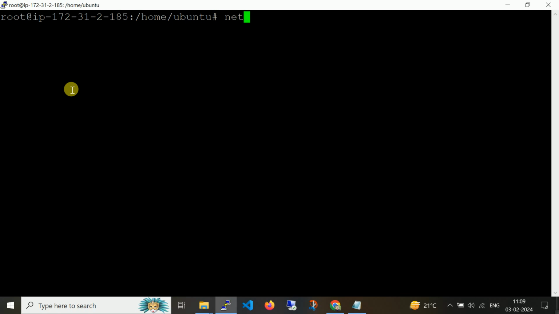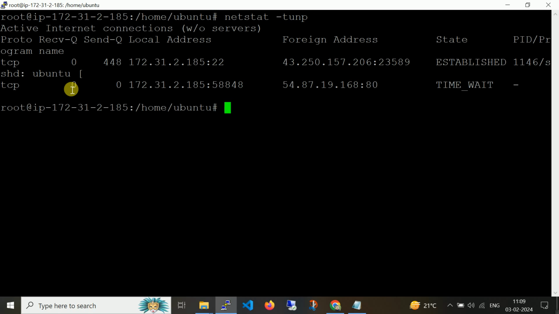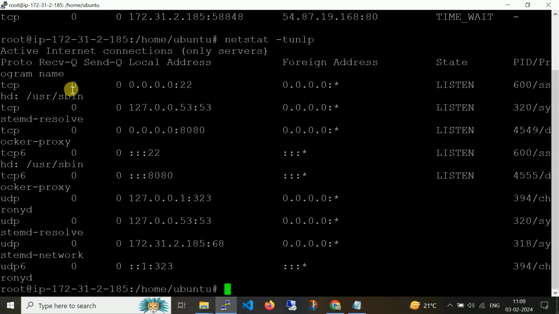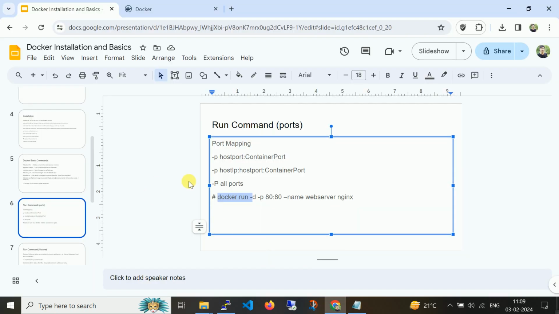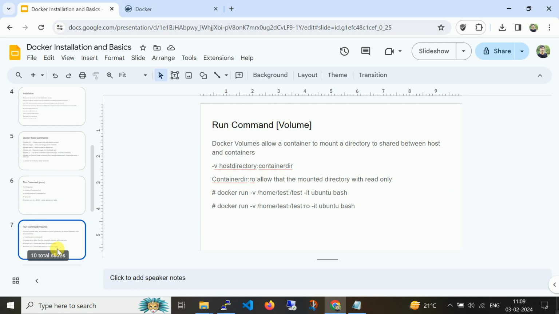Now let's run netstat -tunlp. So here you can see port number 8080 is listed on the local machine, but inside the container it is port number 80. So using -p you can run the command.